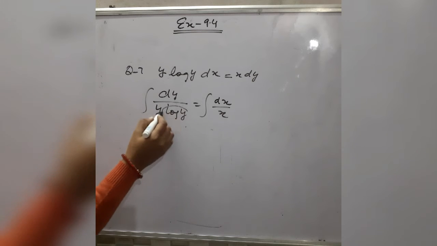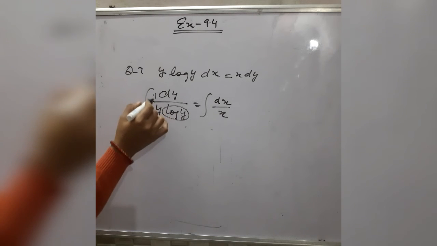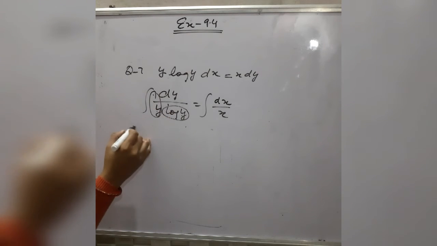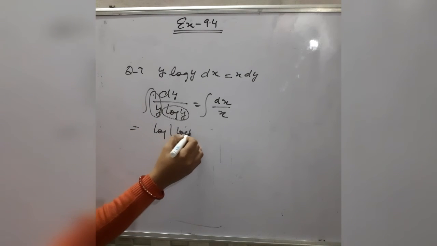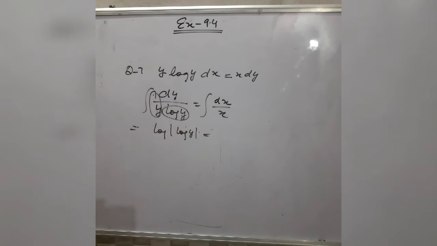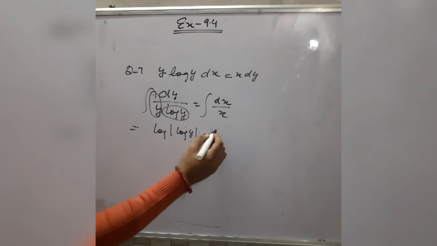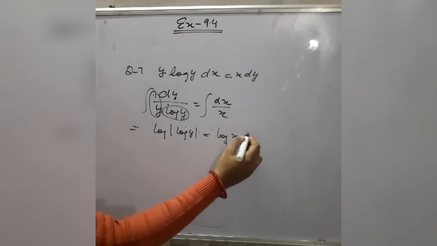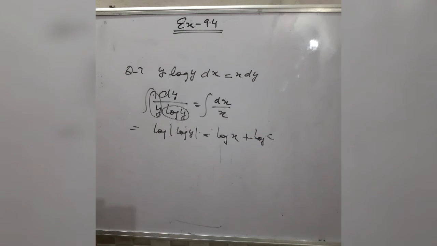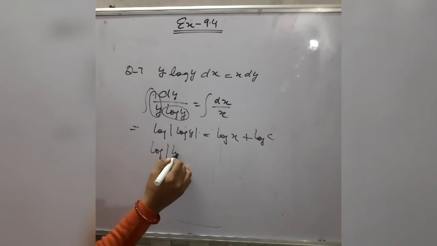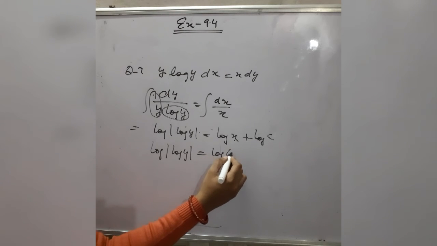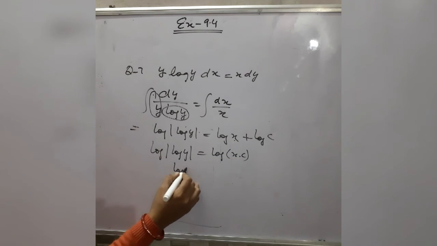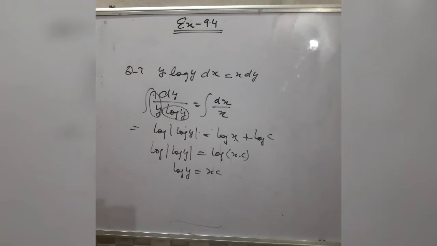Here this is f(x) = log y and the derivative of log y is 1 by y, so 1 by y is f'(x). So integration of dy by (y log y) is log of log y, which is equal to the integration of 1 by x, which is log x. Both terms contain log, that's why the constant term can also be written in the form of log. So it becomes log of log y equals log x plus log c, which can be written as log of (x into c). Now log is cancelled with log, so you will get log y equals x into c. So this is the solution of the differential equation.